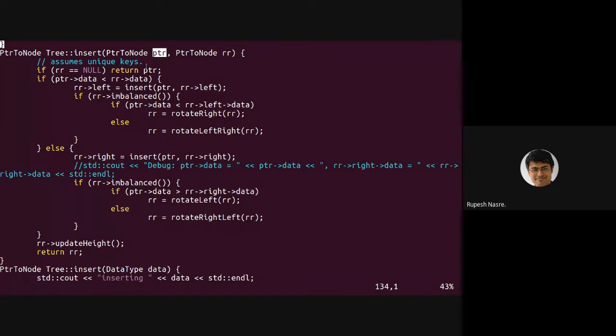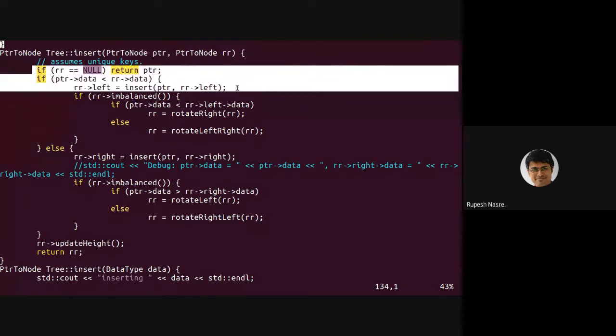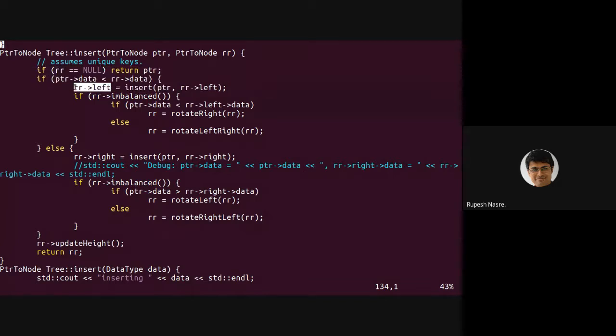Right? I mean, for example, you traverse the tree, okay, this is less than this, go to the left, right, greater than this, go to the right, and so on. At some point, you are going to reach the null, that is the leaf node's child. At that place, you have to insert the PTR. So we are going to do a BST insert. So this part is actually the BST insert. So we insert it to the left or to the right, and that was what our BST insert was.